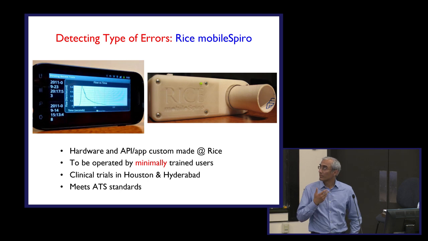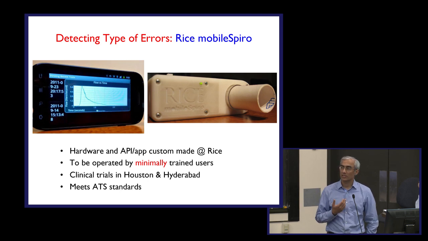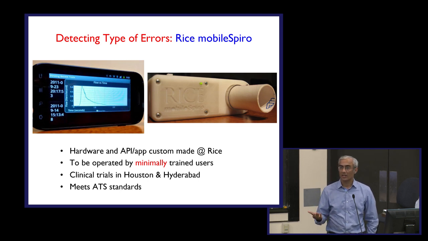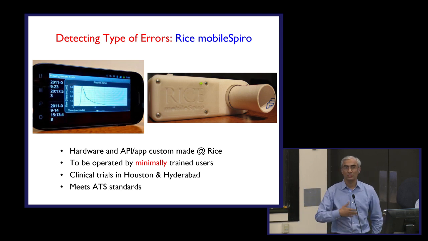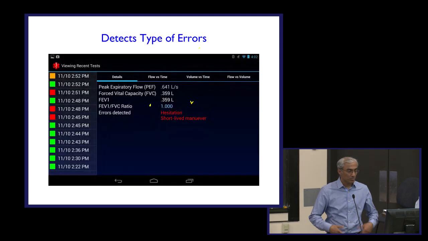Okay. And at least I believe that it should be a dual use technology. That means if it is useful, it should be useful here and useful there. So in fact, it turns out there are two trials we are headed towards. One for lung transplant patients who need 6 months of spirometry twice a day, but they actually only use a peak flow meter today, which has 10% error according to ATS standards. And the second would be in Hyderabad for finding cases in villages where healthcare workers would go from door to door, conduct tests. So this spirometer would find errors, detect the type of errors.